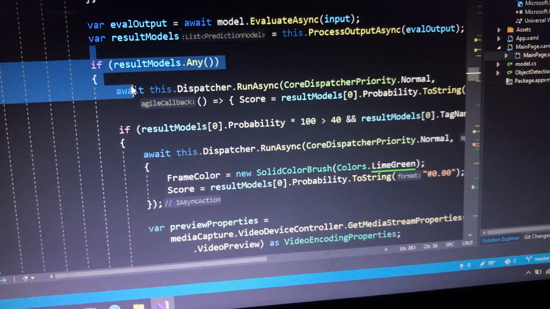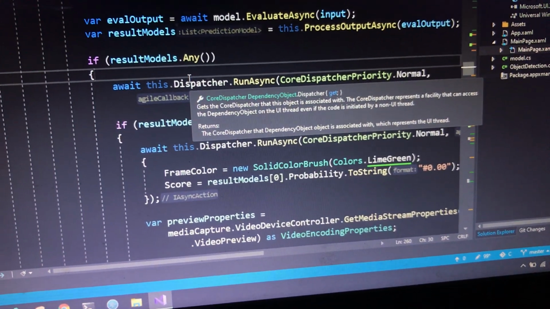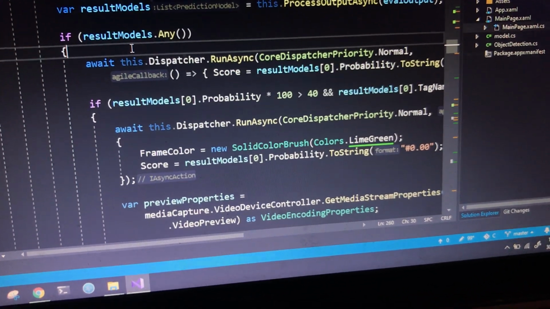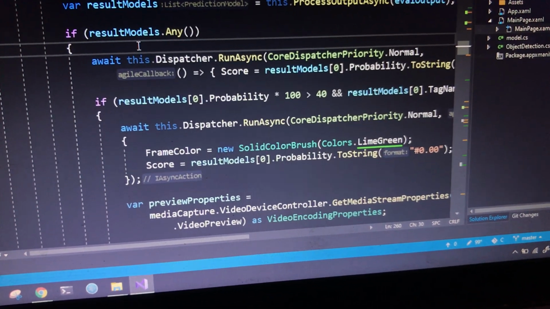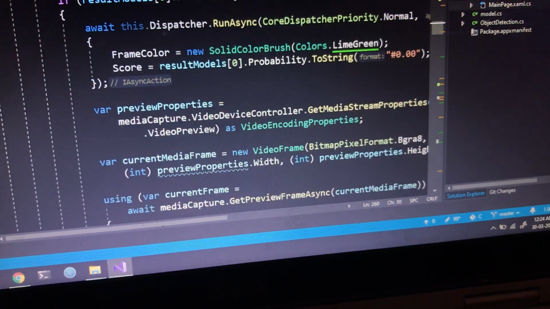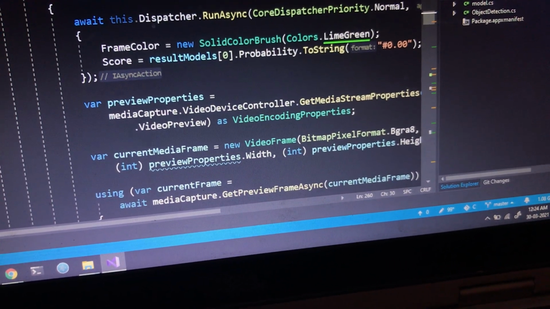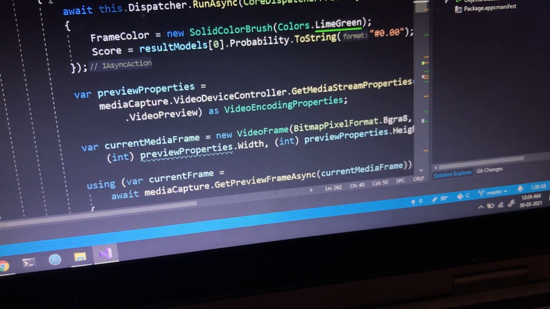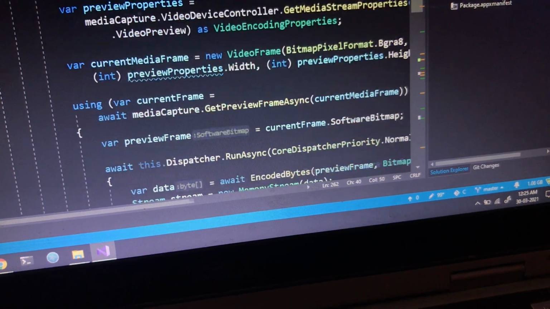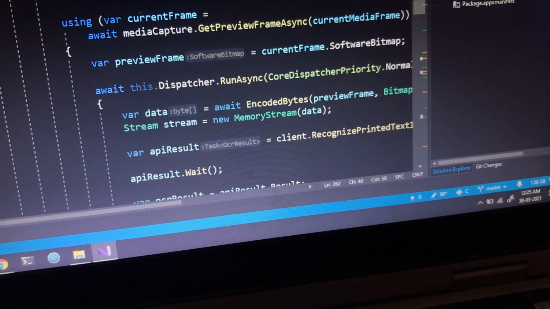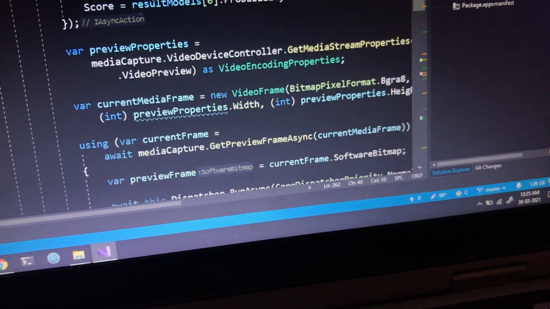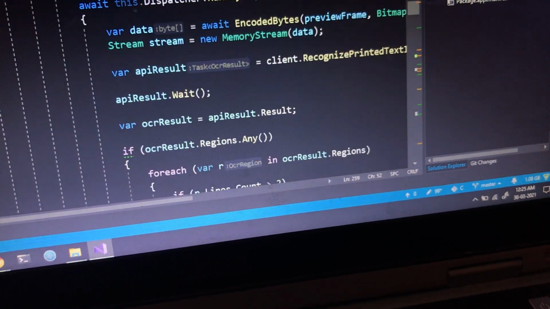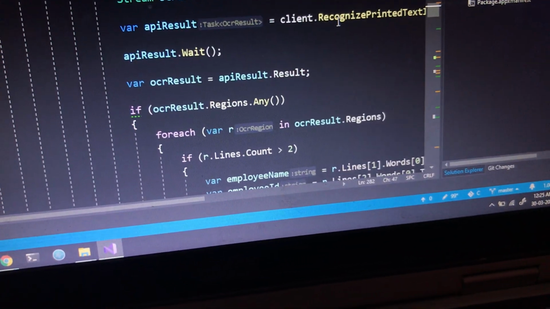After that, we check whether the results contain anything or else nothing. Sometimes it does not return any predictions if you are showing unknown ID cards or only faces. At that time we go into the else block. Then we change the border color of our camera view. Then we get the same frame that we sent as the input of the model, and we send this frame into